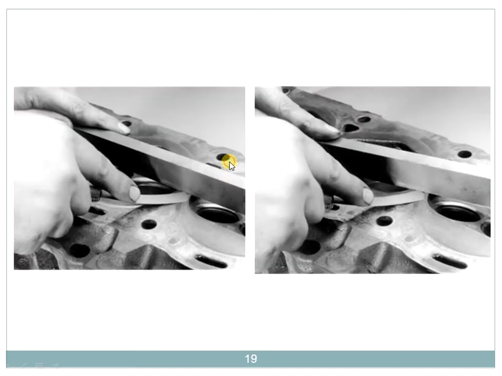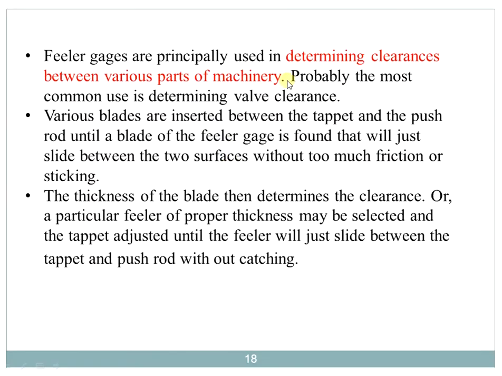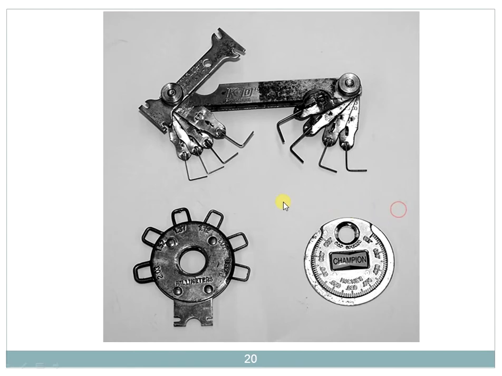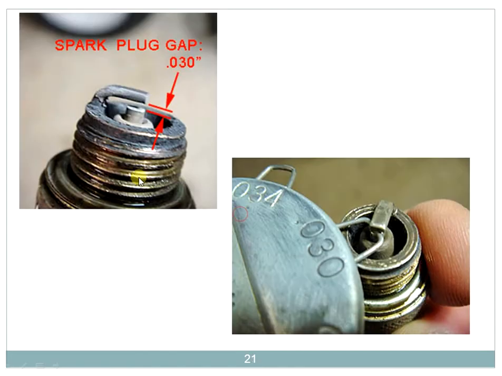I will directly show you the example, since it determines the clearances. The important target from this slide is that clearances can be identified. Now what it is exactly: if two engine cylinders are there, we can place a slip gauge block over here and then we can identify the gap. Then we have filler gauges in the form of wires, with which we can identify gaps of a spark plug. I told you as well, the spark plug gap can be identified.